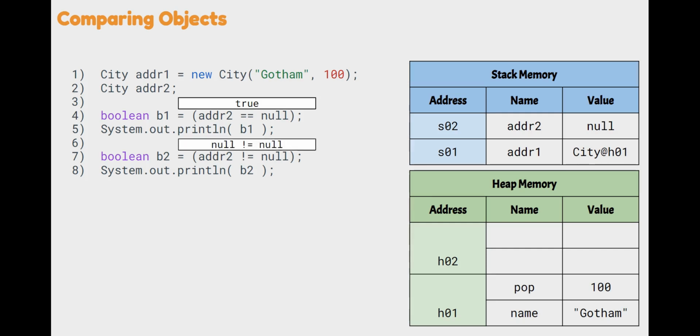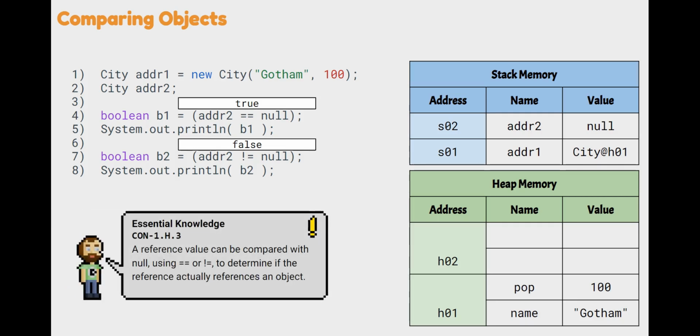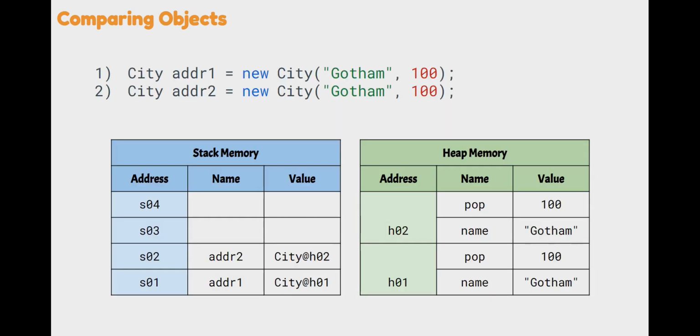Address2 is null. We're asking if null is not equal to null, and that would evaluate out to false. This aligns with our essential knowledge. A reference value can be compared with null using equal to or not equal to determine if the reference actually references an object. So going back where we are making our two different cities, our two Gotham cities that both